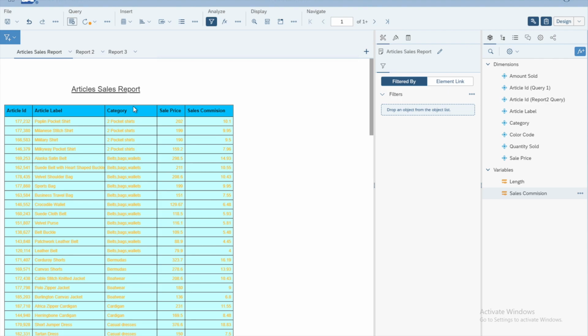So how to apply filters on the tables? The first thing you will have to do is to select the table. Make sure you have selected the whole table, and you can verify that by the name, which is Block 1, the name of our table. And then under Block 1 you have this icon, the filter icon. You can click on this filter icon, and you'll have the operator that you can use for the filter. And now what you can do is drag the object against which you want to use the filter. So let's say we want to filter this table based on the category, so you can select the category and drag it onto the filter section,